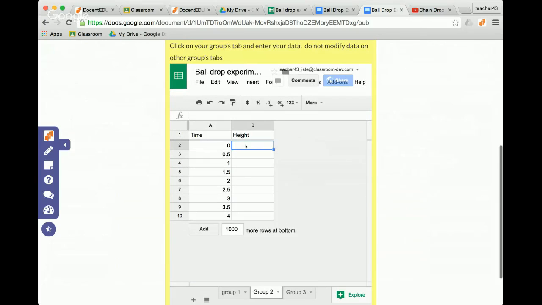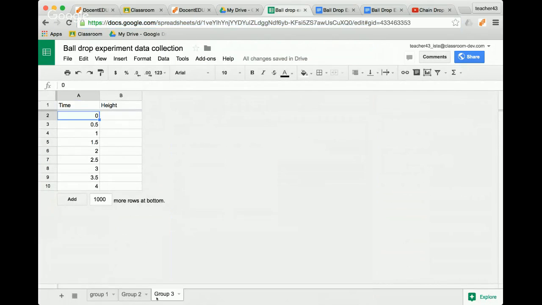So now students can go through and they can actually enter in their height. Let's say it's going to be like 100 centimeters, and so on as we go through. So now students are going to be making those changes, and then those changes are also going to be updated over here on our doc. So there it is. So you can see those as they're kind of coming through. So that is two different ways that you can embed